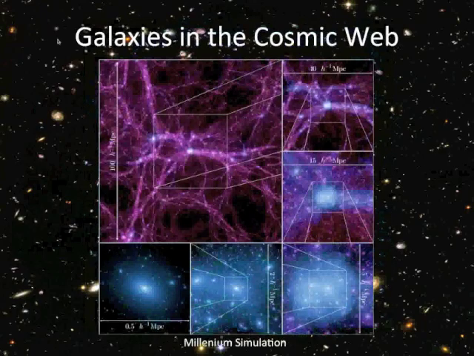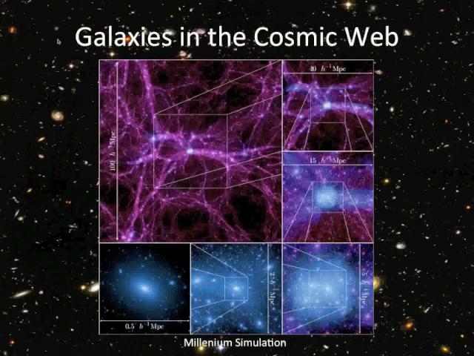So, as I was saying, this is just a pretty picture from one of these simulations where in pink you see the overall dark matter distribution, and in white you see the galaxies. If you zoom in a little more and keep on zooming in, you see that in the densest knots of the dark matter distribution, that's where galaxies actually form and live.